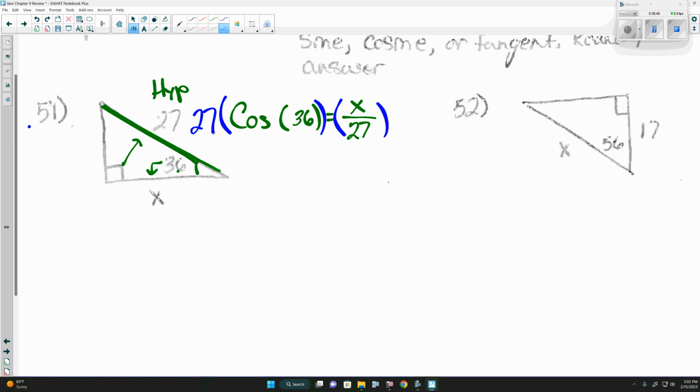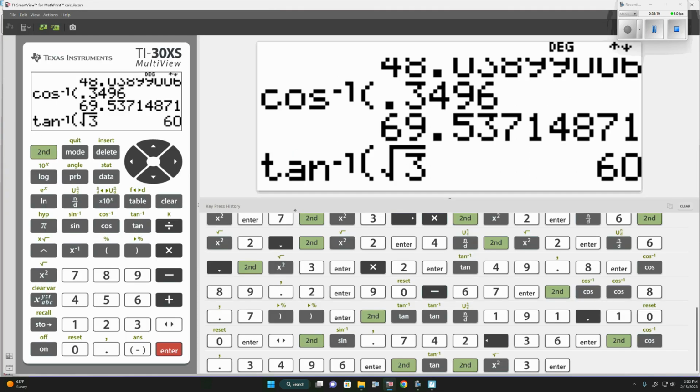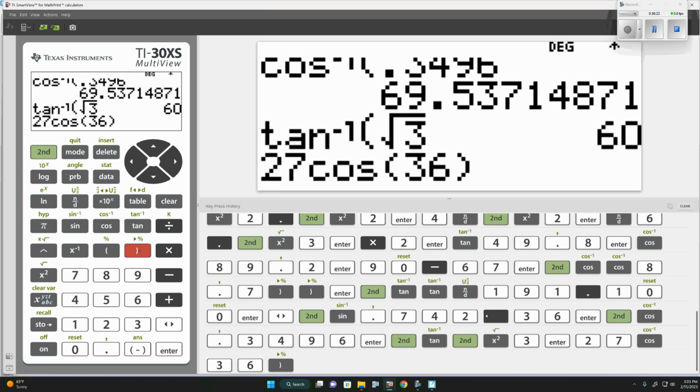And when we solve this here, the first step's always going to be the same. We're going to multiply by the bottom of the fraction when we're solving for a missing side, because these two will cancel out, telling us that 27 times cosine of 36 is equal to x. Once we multiply both sides by the bottom of the fraction, you do need to ask yourself, is the variable by itself? Yeah, x is by itself, yes? Which means we can throw this in the calculator. 27 cosine of 36 is,